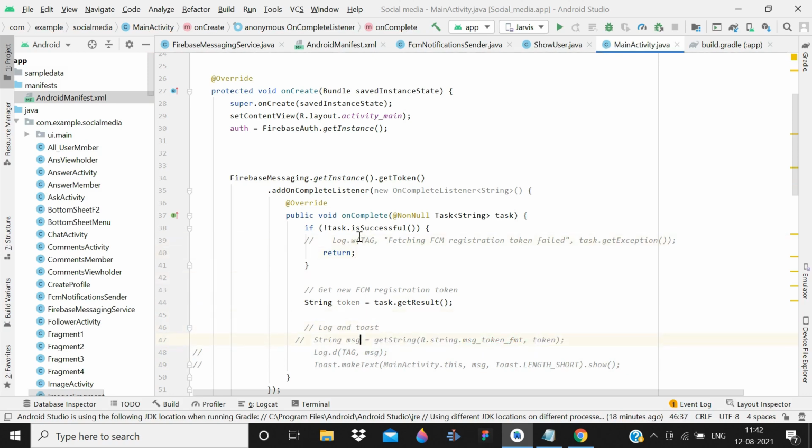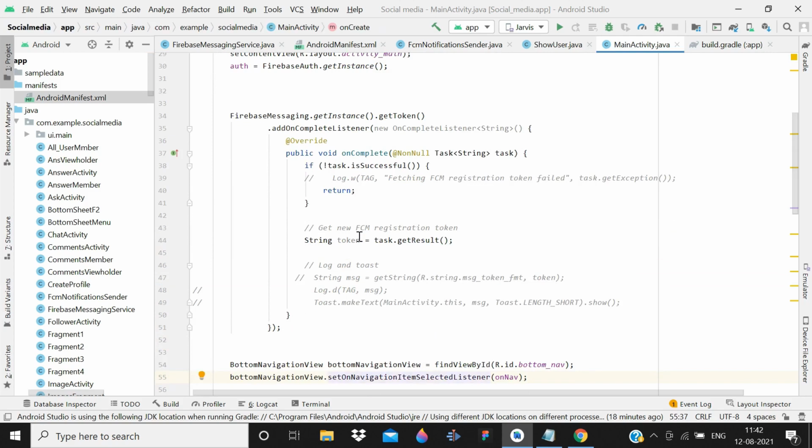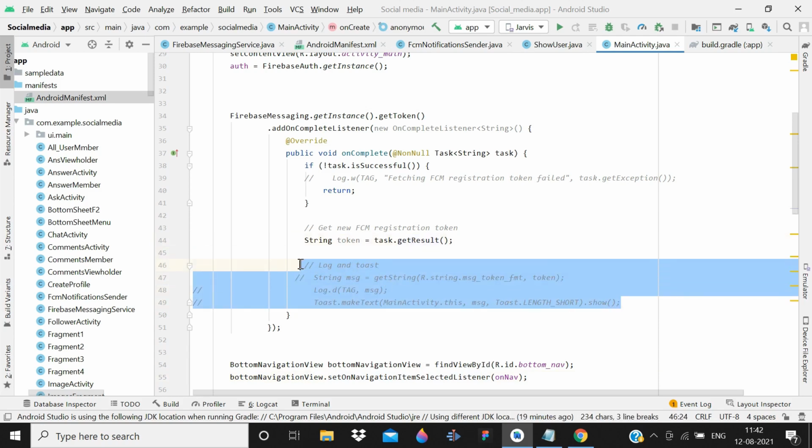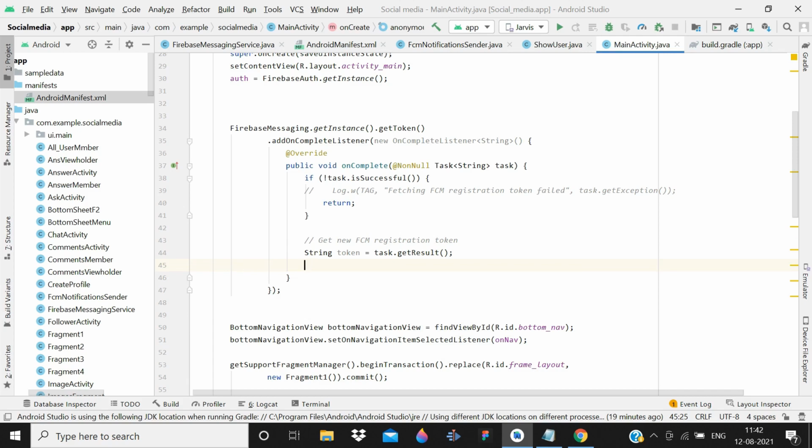So what exactly are we doing here? So what we have to do, guys, for sending a message to a particular specific device, we need an FCM token that is generated whenever the app is installed or user signs in, or whenever you install it on a new device. So there are only 3 or 4 conditions when the FCM token is generated, and it is a very unique ID for every device, not every user, every device, understand? So here we need that just for sending the notification to a particular user, and for this you can see that we have this SDK. I mean, we have already added Firebase messaging dependencies, so with the help of that we can retrieve the token, and this token we will use for sending messages. Understand how? Let me show you.